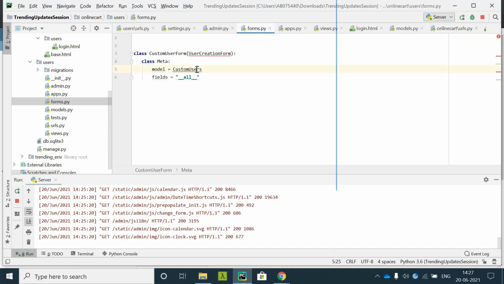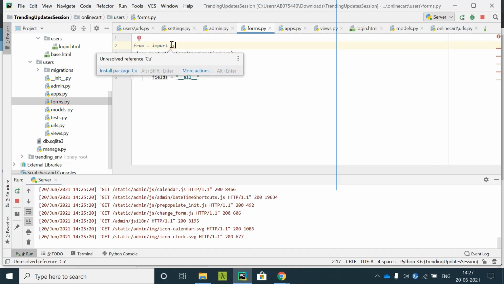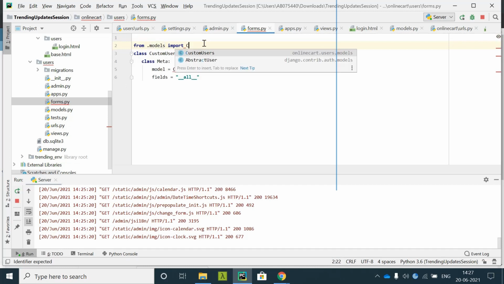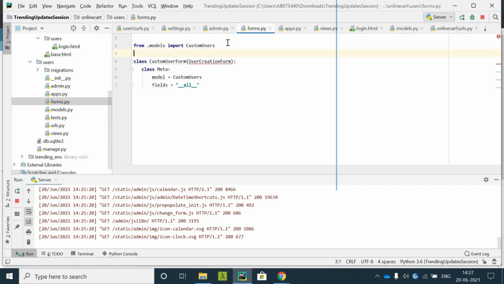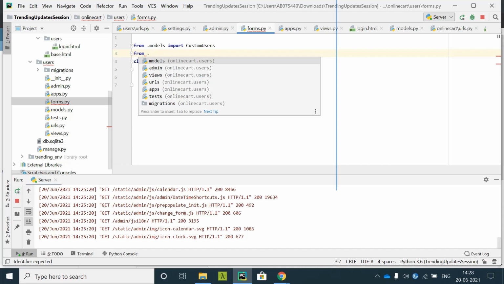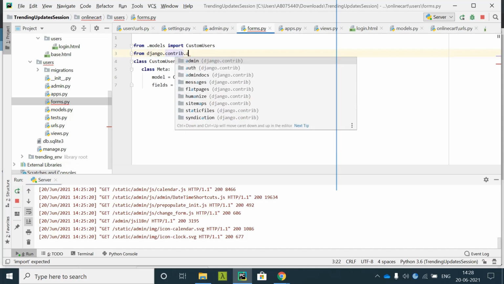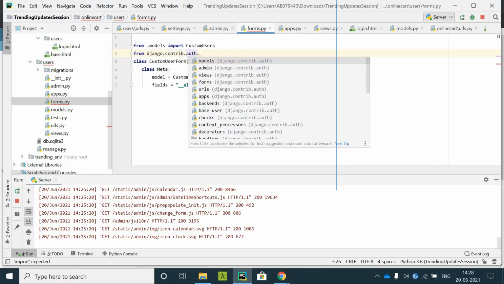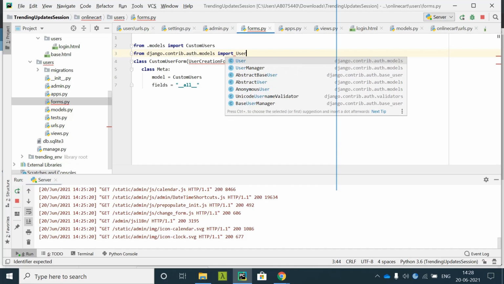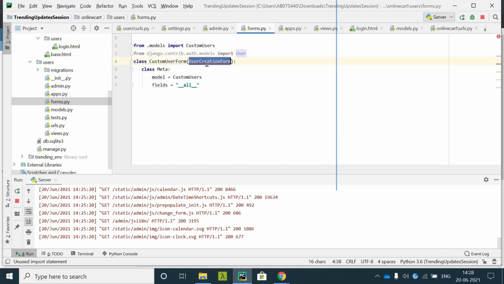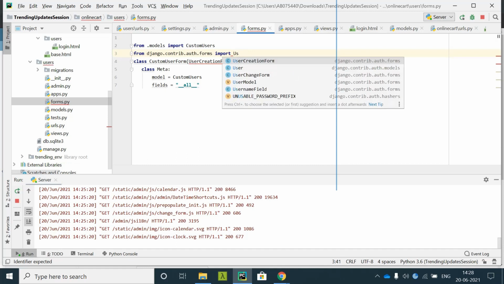First of all, we need this model CustomUser. So from .models import CustomUser, and from there, the user creation form.